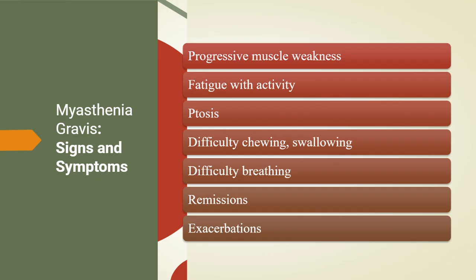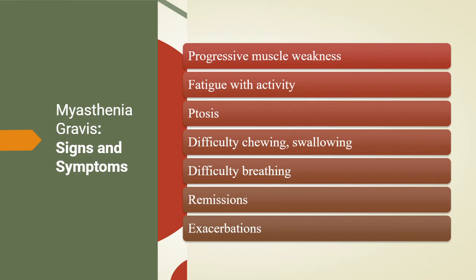To better understand the signs and symptoms of myasthenia gravis, it helps to understand that myasthenia gravis affects the communication between nerves and voluntary muscles. Because the number of functioning acetylcholine receptors is reduced, the muscles cannot sustain strong contractions, especially with repeated use. The classic feature of myasthenia gravis is muscle weakness that worsens with activity and improves with rest. This fluctuation is a key diagnostic clue for clinicians and something nurses must watch for in day-to-day assessments.